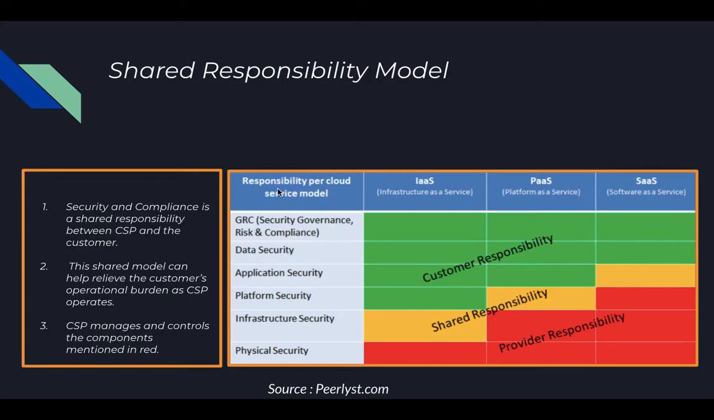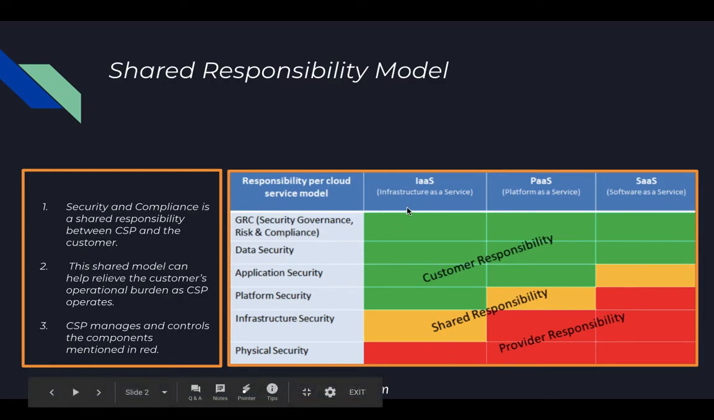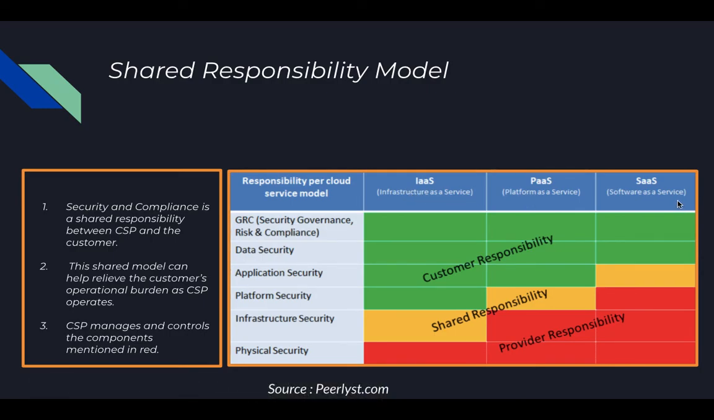If you see the diagram on the right hand side, it is about the responsibility per cloud service model. It covers GRC, governance, risk and compliance, data security, application security. All these things are on the left. Then we are comparing them with the different service models like IaaS, PaaS, and SaaS. Remember, these models we have already studied. Now we are studying how security is managed and who is responsible for what in the case of different